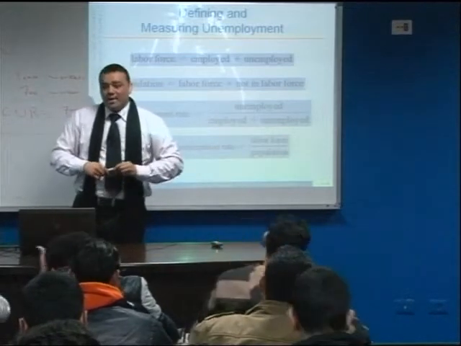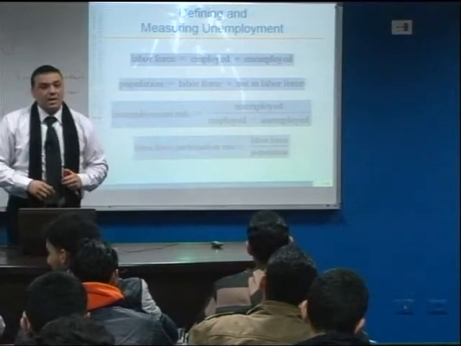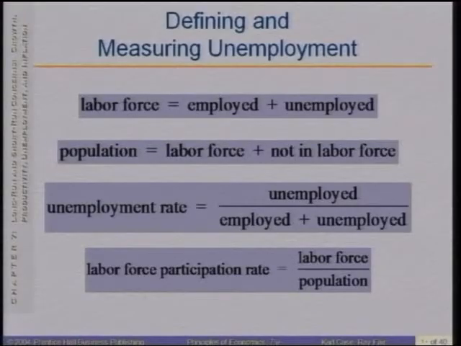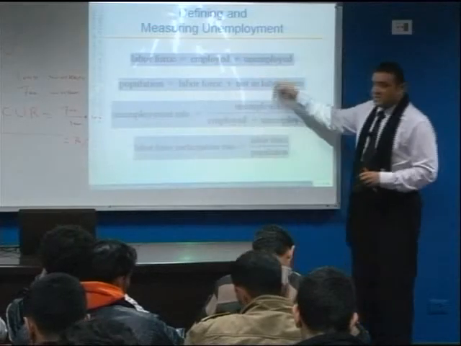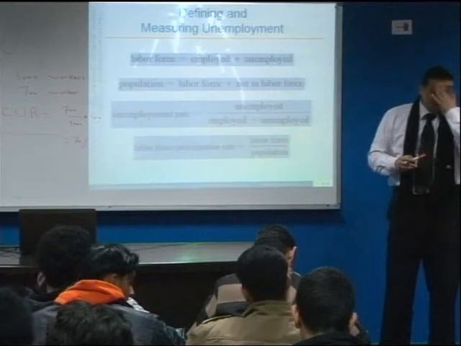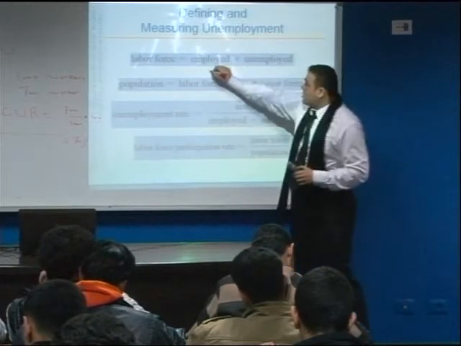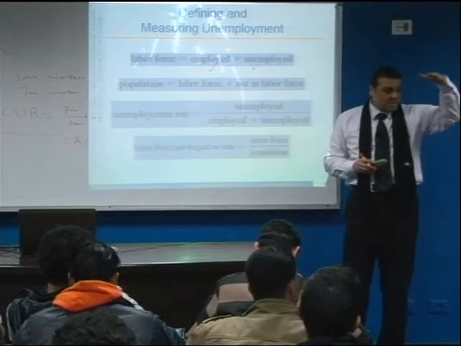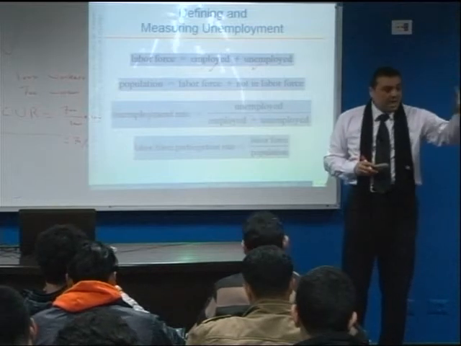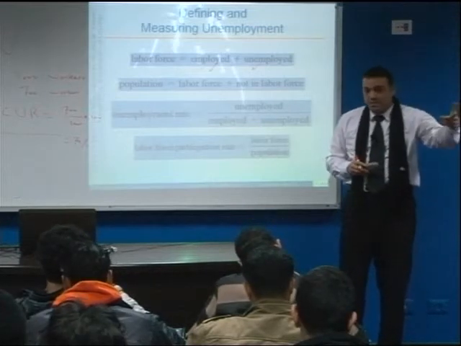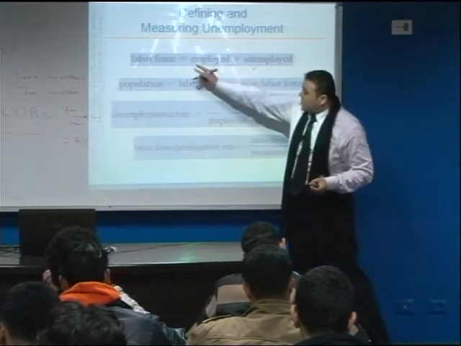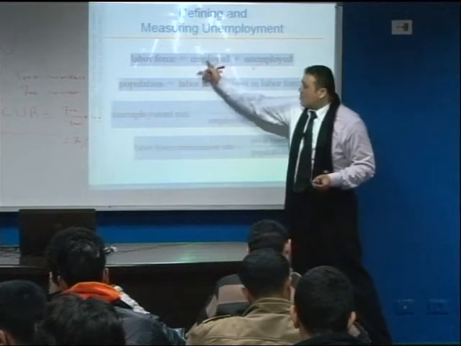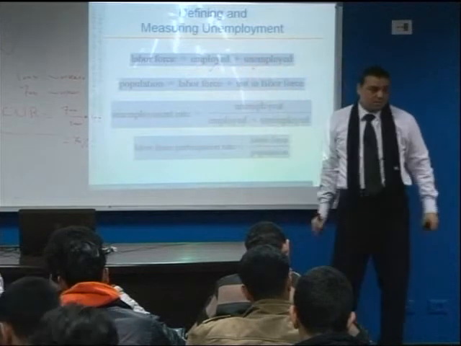Let's go to calculate the labor force, the labor force participation rate, the unemployment rate, and the employment rate, right? So as you see in these formulas, the labor force equals what? The number of people who are employed plus unemployed. Yes, population over 16 years old, right? And they have to search for a job. So the labor force includes the people who are employed plus unemployed, right?